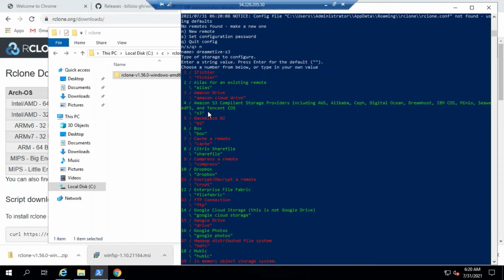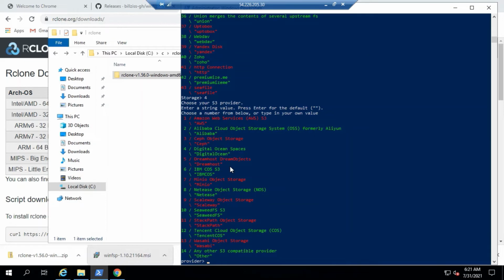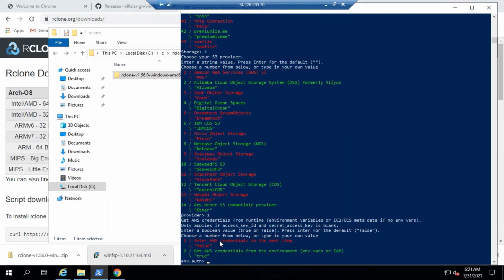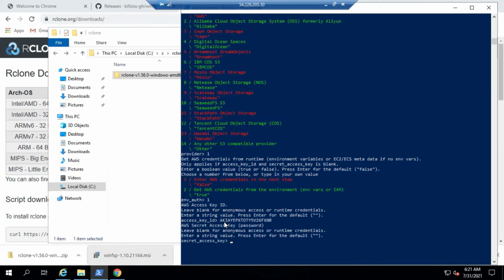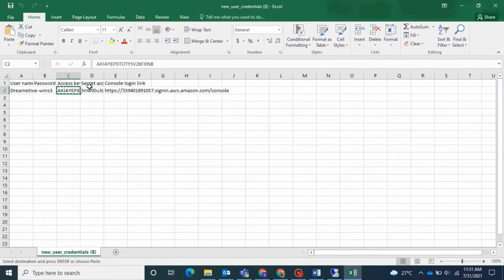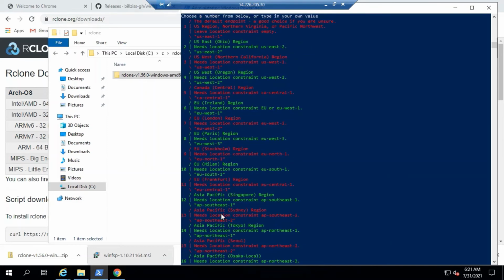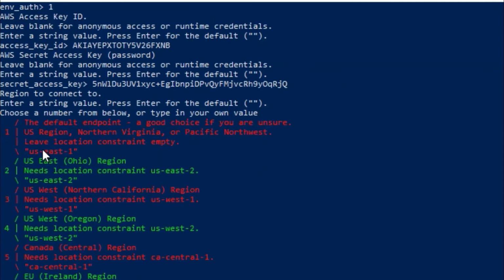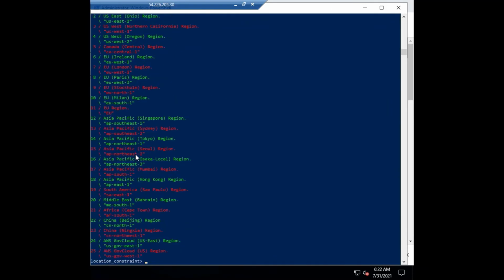and from here I will select the S3. That is the fourth option in storage, S3, and first is from AWS, and then I'll just click on one to get an access key and then the secret access key. So let's just copy and paste that. After pasting it, okay, so I have a permission, and now from here I'll select which region. I can just click enter if I'm going with the default region, that is Virginia,